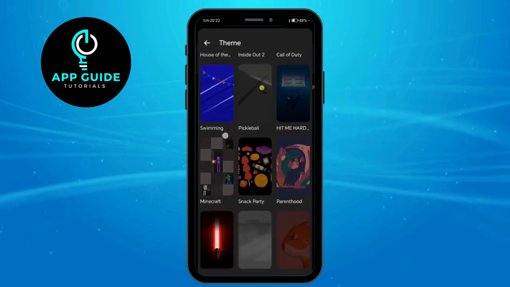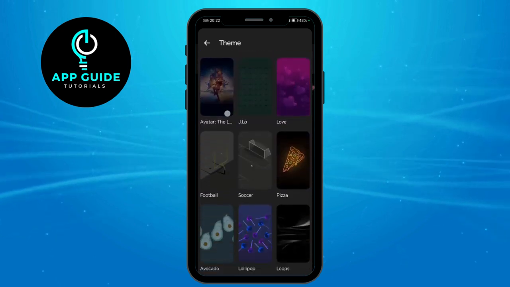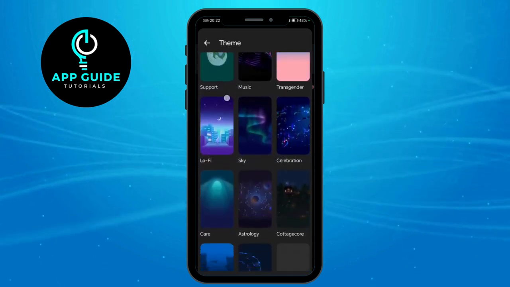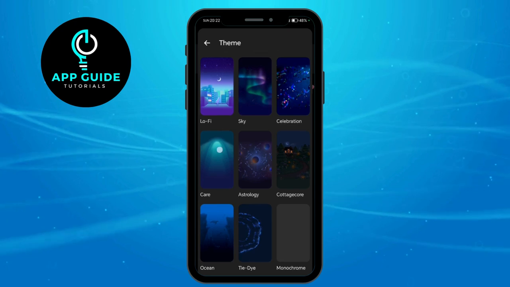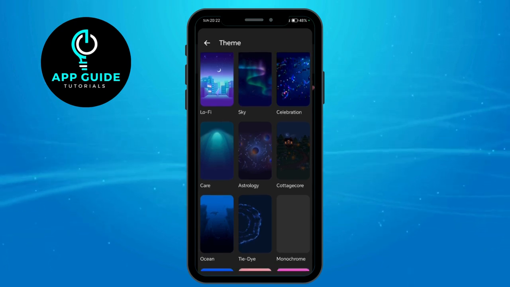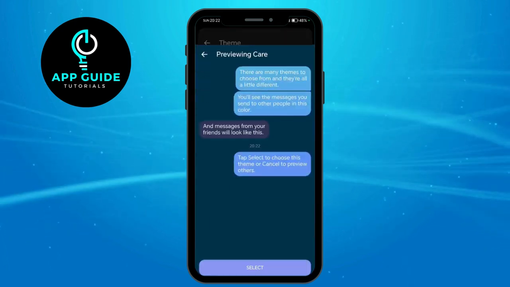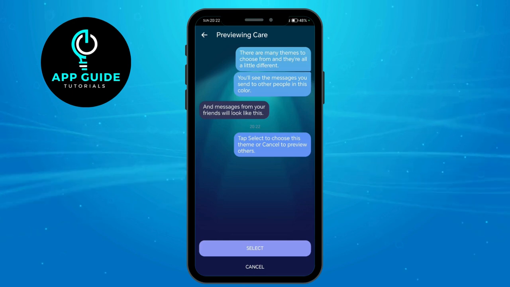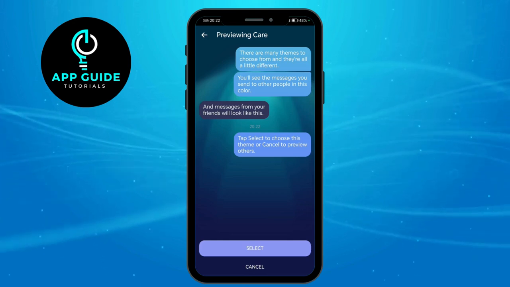And now all you have to do is to scroll down until you find the Care Chat theme, which is right here. Now, in order for you to apply it, all you have to do is to tap on that. And now you will be able to see a preview as to how your chats or your conversation will look